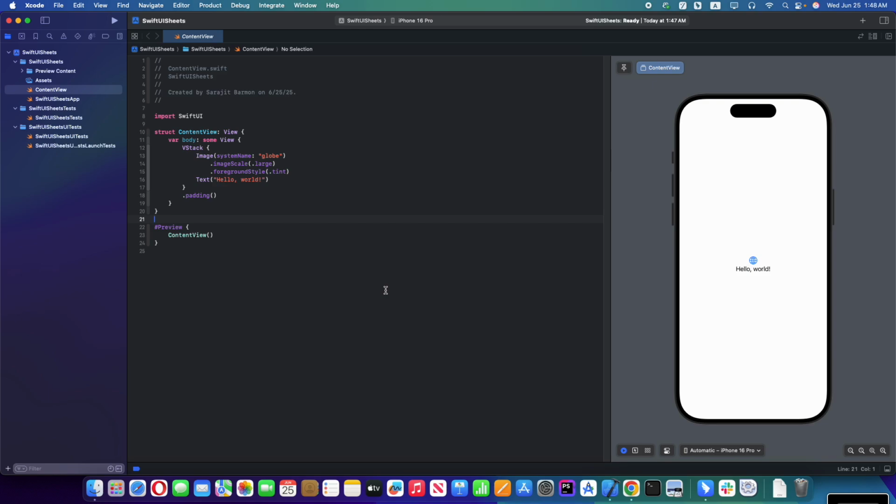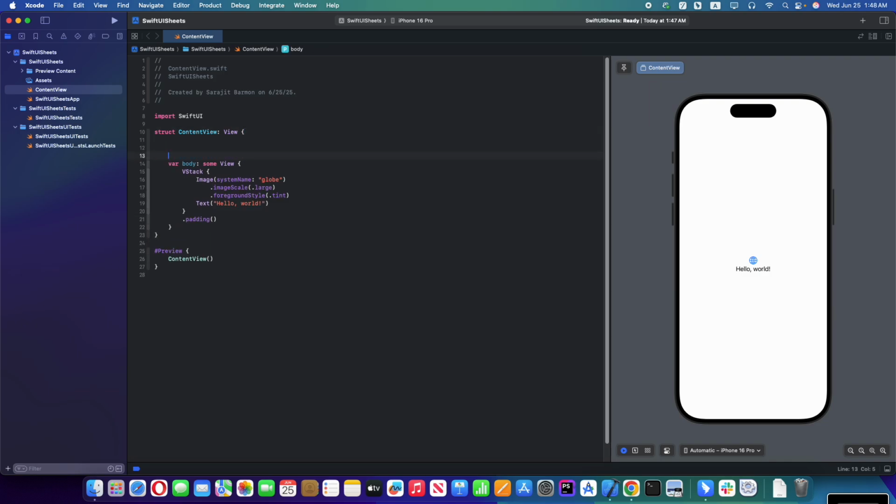Hi, so today we are going to discuss SwiftUI bottom sheets and how to use them. So let's get started. Let's declare a state private var isSheetPresented, set to false,